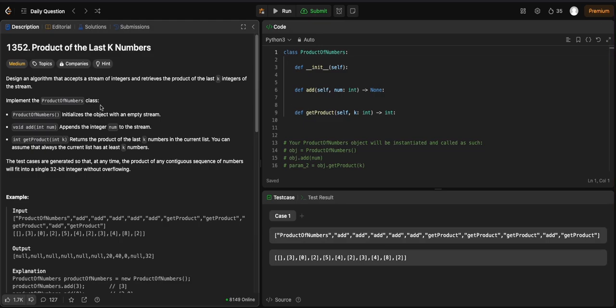Well, my first thought is definitely a prefix sum kind of way of doing it. It would be a prefix product. That will allow you to get the product of the last k integers in O(1) time, right? And yeah, the other thing is